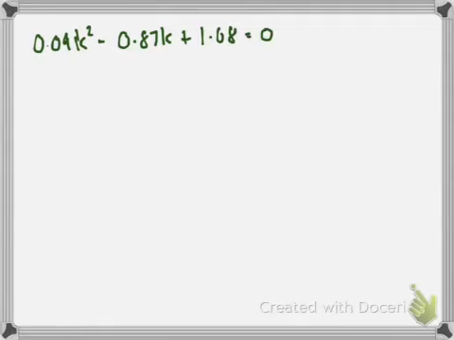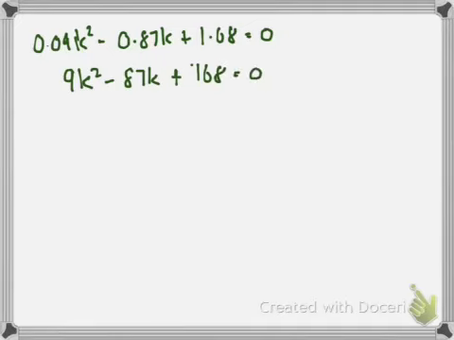Now we can solve that on a calculator. Use your algebra menu, solve. Don't forget to put the comma x. Another way of doing it is to multiply everything by 100, and you actually get 9k squared minus 87k plus 168